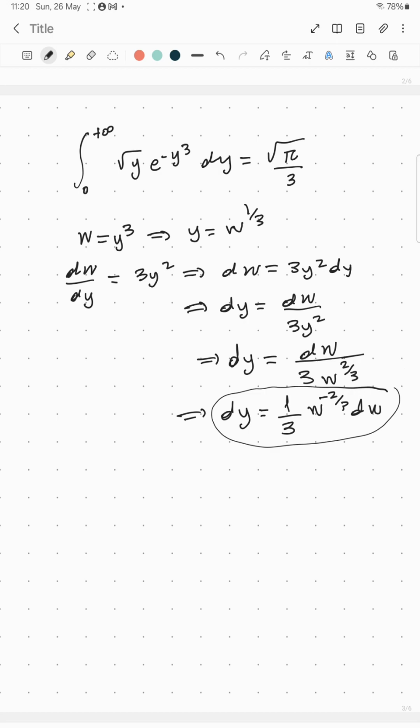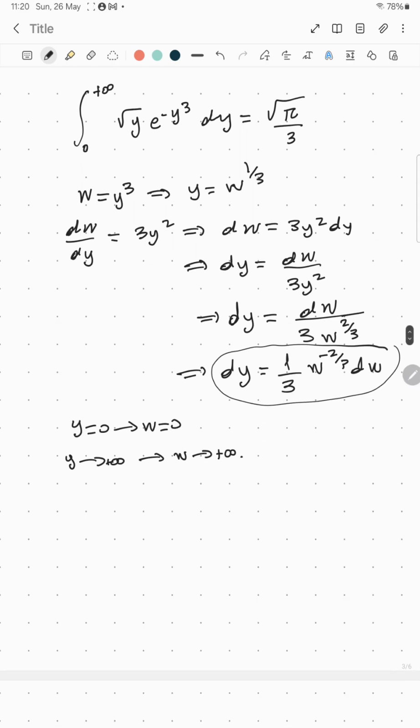I can change the bounds of integration. For y equal to 0, w equals 0, and for y tending to infinity, w goes to infinity. So I'm okay with the bounds of integration. Now the integral will become from 0 to infinity square root of